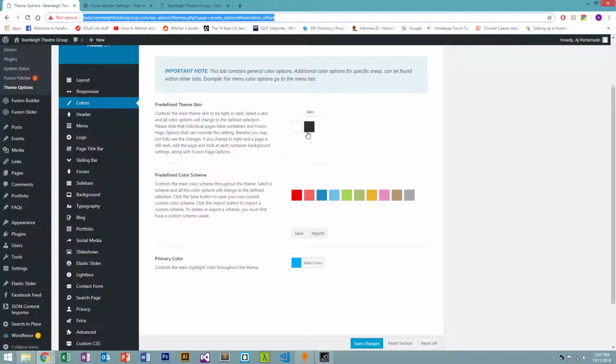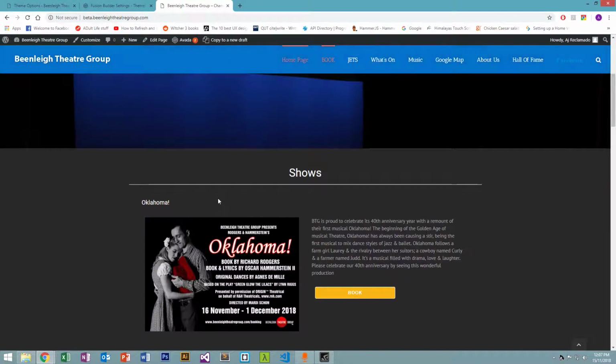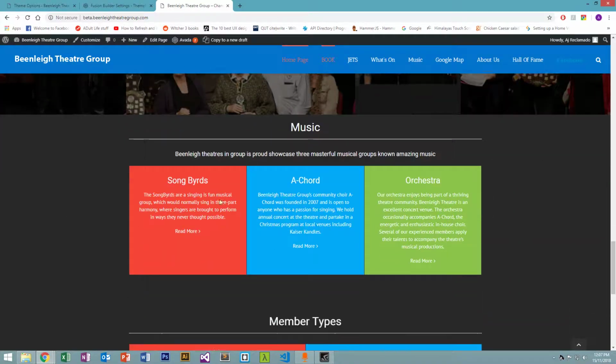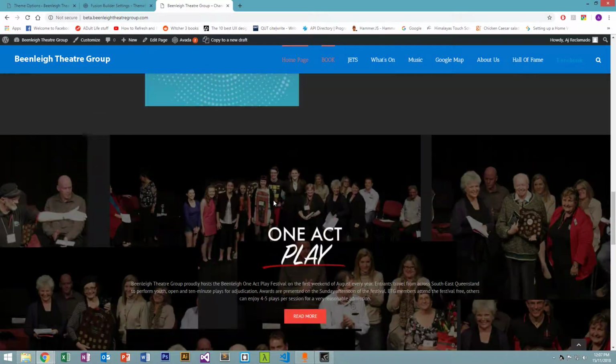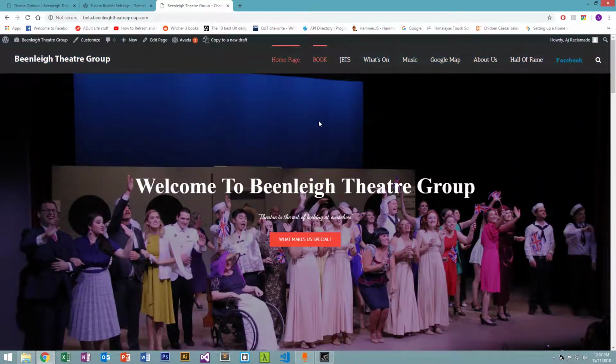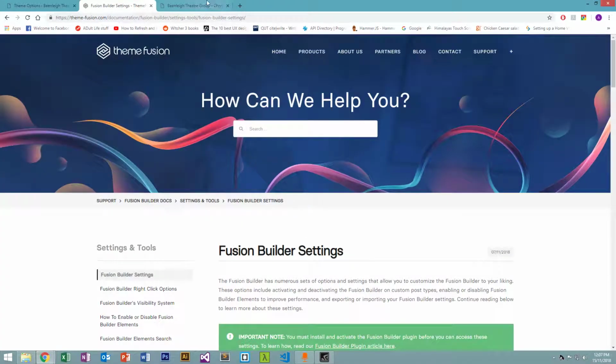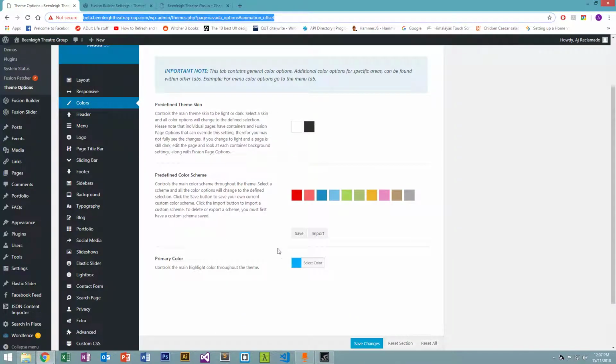Let's say if you want to make it darker, you can press dark, or if you want it to be all light. But that's basically it. You can also change the primary colors. What primary colors are is, if you have a highlighted text, which is let's say a link, it basically changes to that color that you have. That's what primary colors are. But again, this is hard to play around with, so I recommend double checking on the